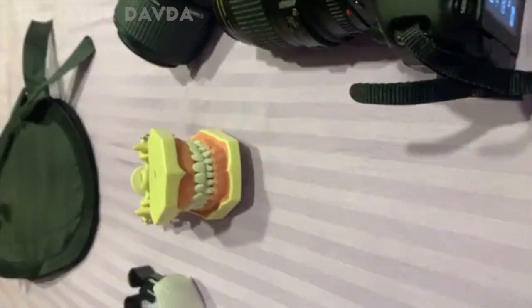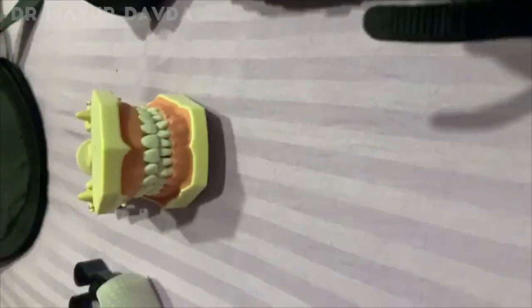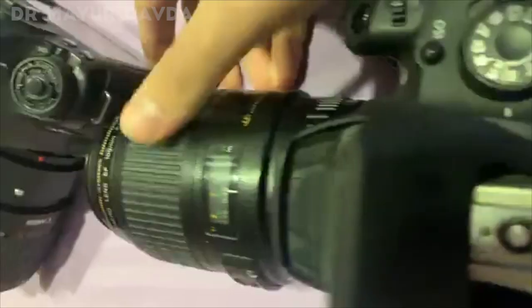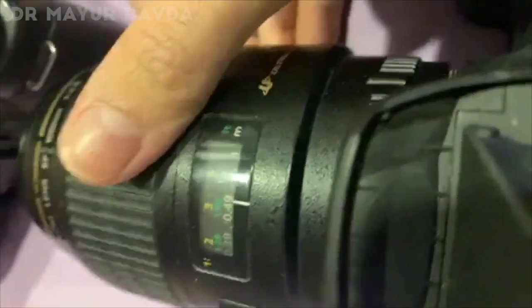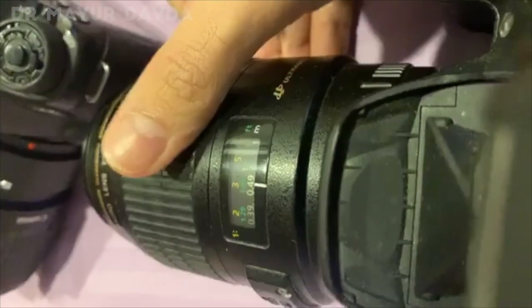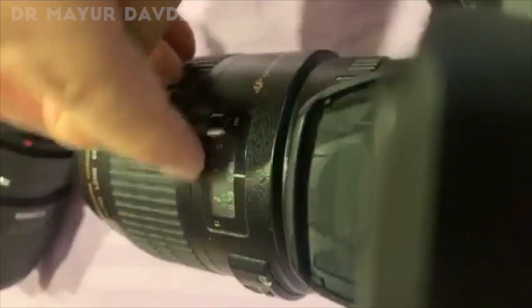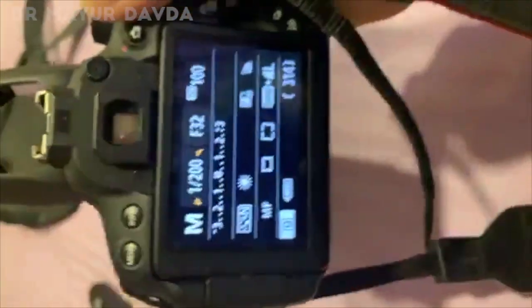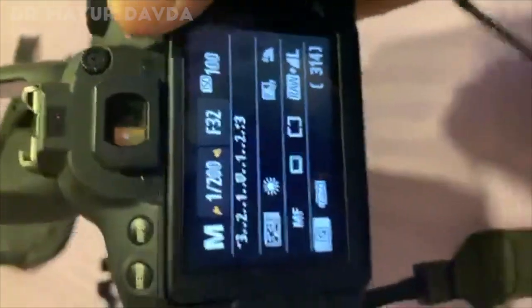So if this is my patient, I know that this shot comes at a magnification ratio of 1:3 for crop sensor camera users. So the first thing that I'm going to do is set my magnification ratio at 1:3. So this is the yellow color numbers of my magnification ratios. Alright, and all I have to do now is go close, come behind, and take a shot.